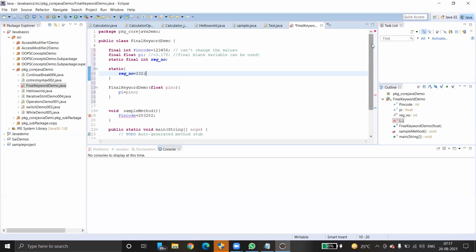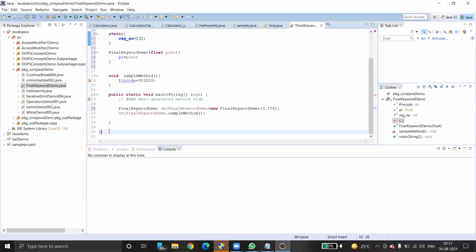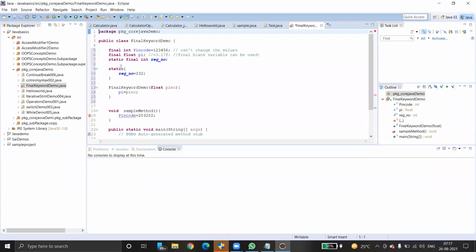One question. This I did not understand. This static block, the static final. Nothing actually. Whenever you use a static keyword with curly brackets, all the variables will become static by default. But why could we not initialize it in front of the registration number in the declaration? Of course we can initialize. Who said we can't? We can initialize. But suppose you don't want to initialize there, we can create a static block. Inside the block only you have to initialize.